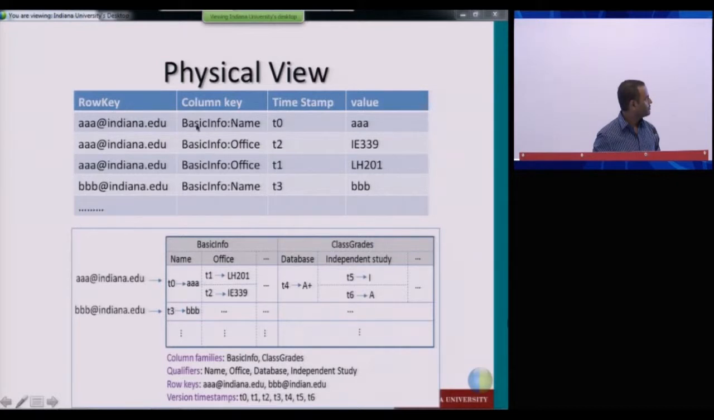based on the qualifier of the column, in this case the name, and then the third would be based on the timestamp. When sorting based on the timestamp, it would be descending, so whatever the latest one is, that's the entry on the top. The advantage of this storage format and this sorting would be